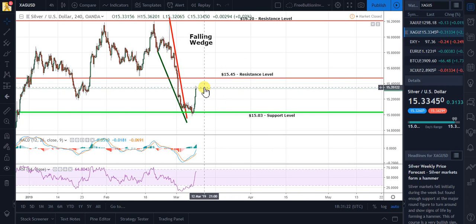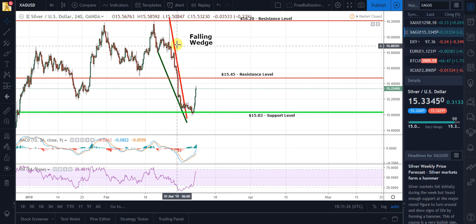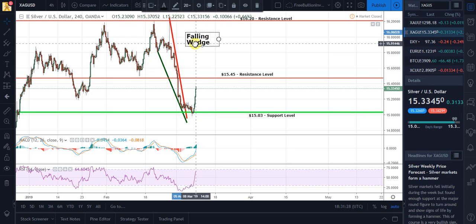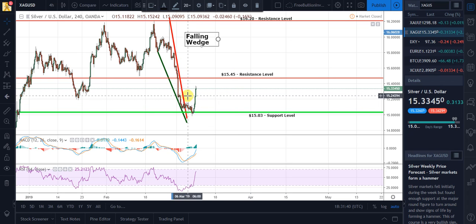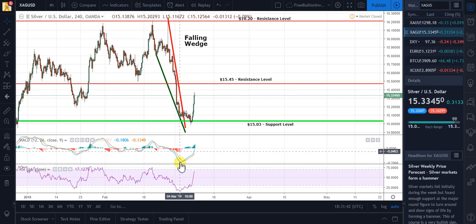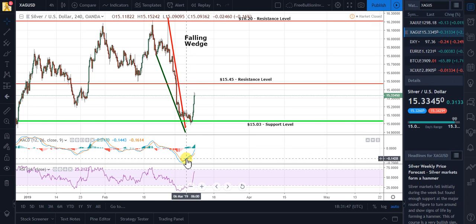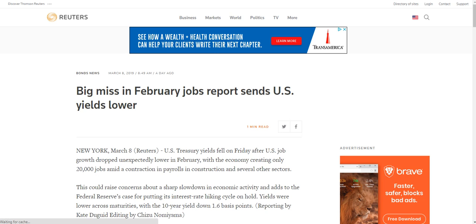So to get on to the review, we have this narrow pattern here. It's a falling wedge. I showed it to you in the last video. And as you can see, the price of silver broke it, basically as a contingency of time. It just broke it as it moved sideways. I had basically said in the last video that the price of silver should move higher. We should see a bounce,